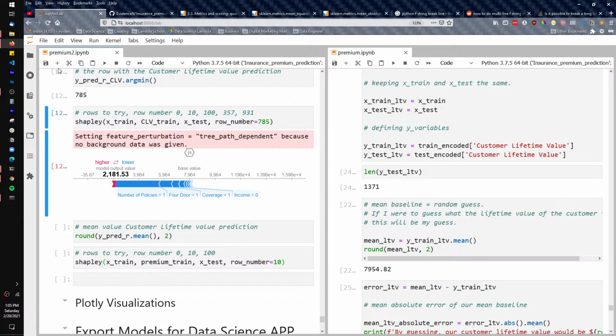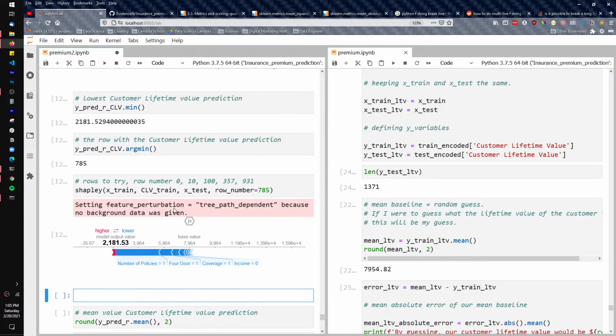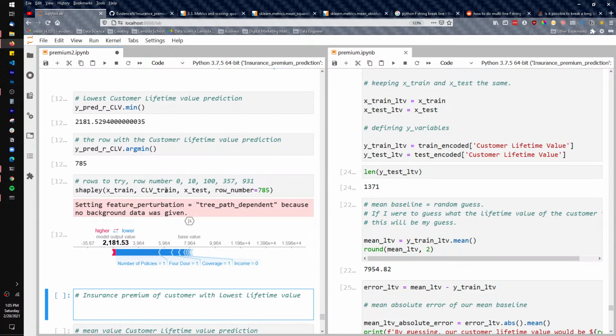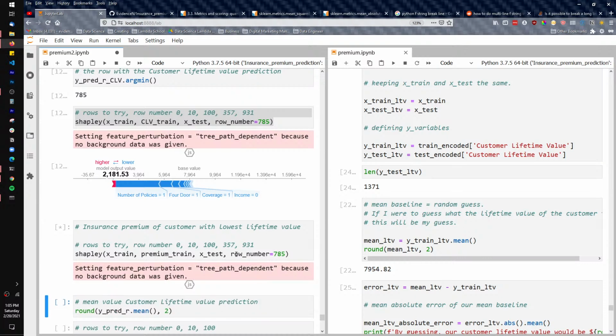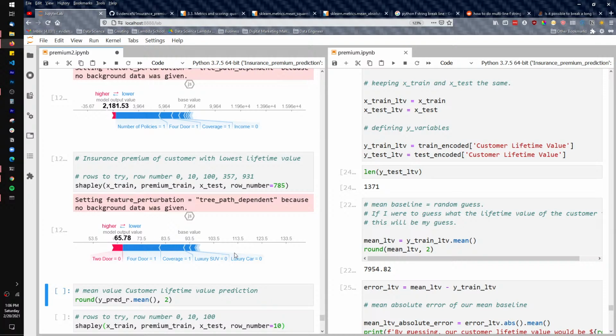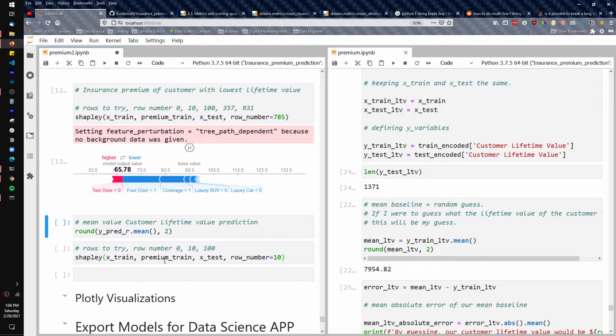So now we can do this and ask, okay, what was the insurance premium? All right, so the insurance premium was pretty low at $65. So that's not bad. Yeah, the predicted insurance premium is really low at $55. So now let's do this for the